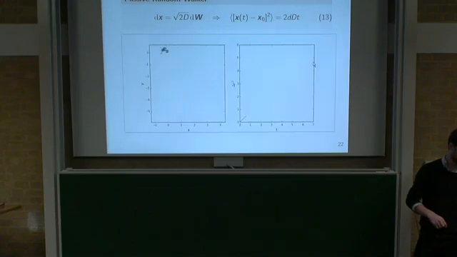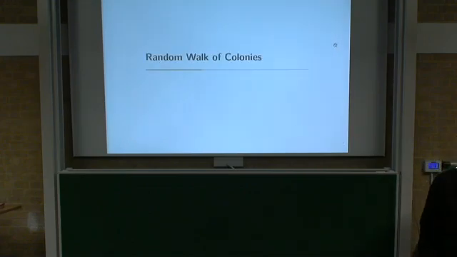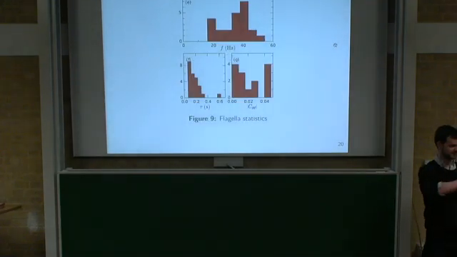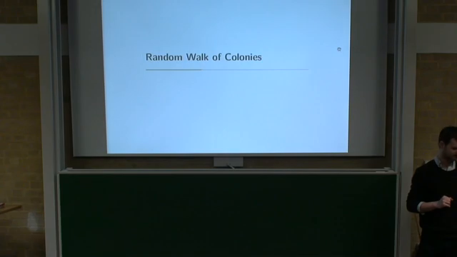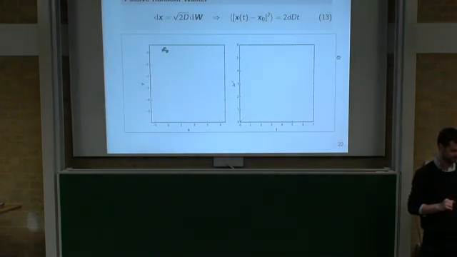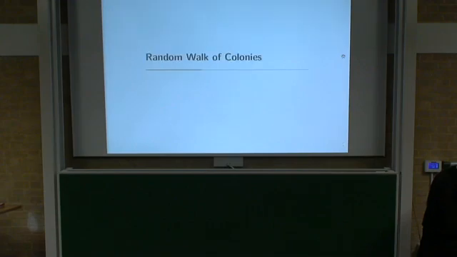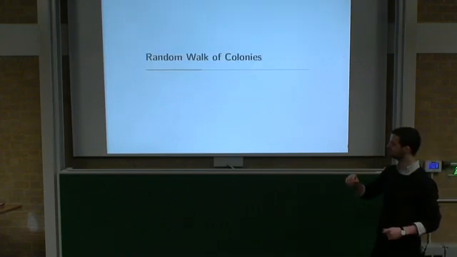But of course, all cross correlations are within the same colonies, right? They're different flagella, but within the same colonies. Right, that's for the last figure. That's for the last. But for the tau and the f, you're just sampling a bunch of. Yes, exactly. Okay. So now I want to go over and talk a bit about random walks